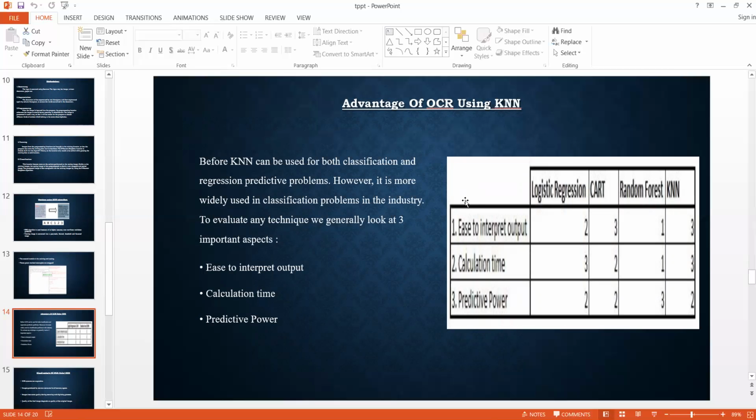We are comparing KNN with three other algorithms: logistic regression, CART, and random forest. We can see here, for ease of interpreting output, KNN scores 3. Calculation time is also more for KNN, and predictive power is also more for KNN. Compared to these, KNN is best suited for OCR technology.